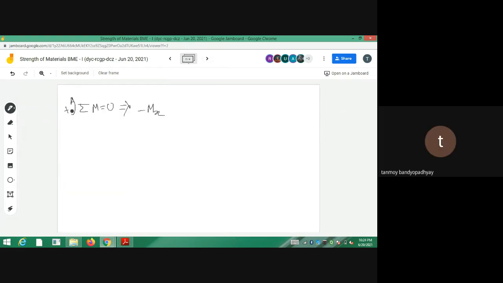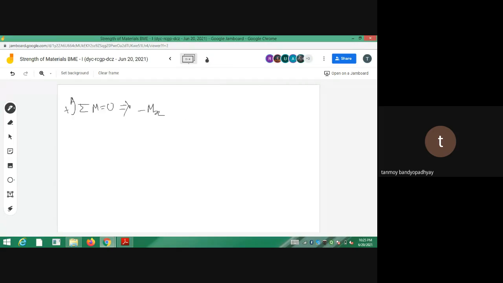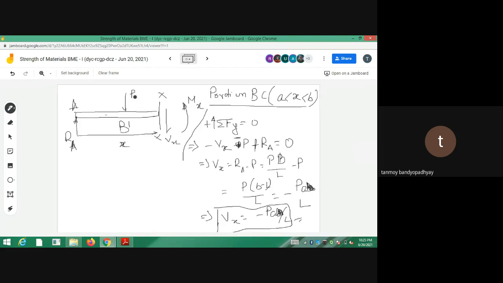Generally, I always take anti-clockwise to be negative. So M and MX are different actually. মানে mx টা হচ্ছে moment acting at the section xx and m is just a representation of the moments. So any force that is anti-clockwise, take it as negative, take it as positive. এটা কি anti-clockwise আছে এই মোমেন্টটা? স্যার, ক্লকওয়াইজ। আচ্ছা, ওটা পজিটিভ হবে তাহলে। ঠিক আছে, ওই অন্য পেজে গিয়ে সমস্যা হয়ে গেছে। ঠিক আছে, সো এইটা হবে তোমার mx। আচ্ছা হ্যাঁ ঠিকই বলেছো, কারেক্ট।